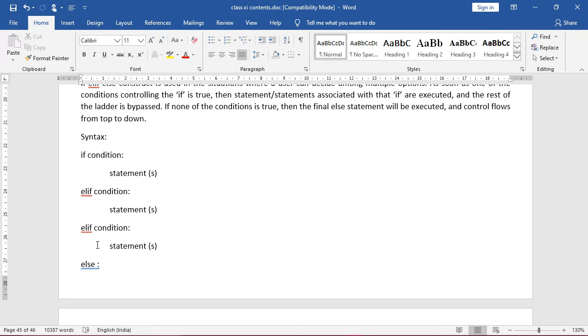Say for example, suppose every year you get a grade card from your school. All the students do not receive the same grade card. There are certain grades to be determined by the school authority or the teacher concerned. Say if you're getting more than 85, you will get grade A. Then 70 to 85, you will get grade B, like that. But under any circumstances, you will get a grade. And if you are not qualifying, in that case, you will get the poorest grade. Suppose you're getting below 40, you will get grade E, in that way. So we just simulate it with the help of a program.